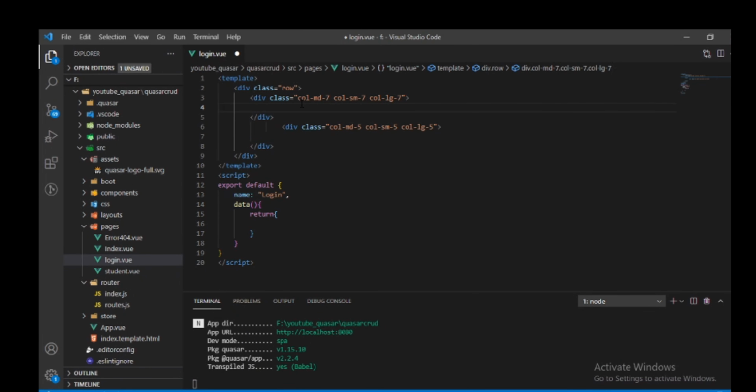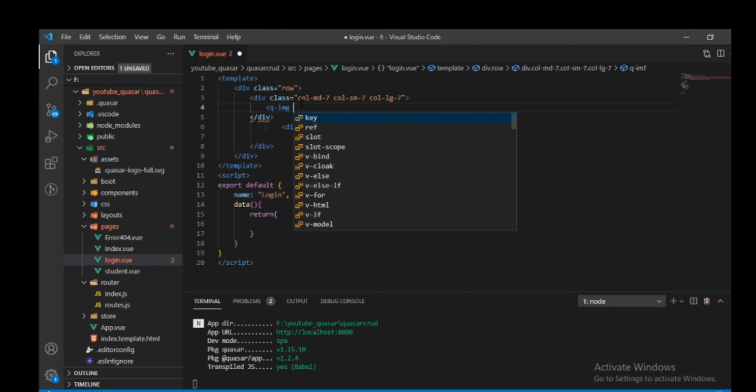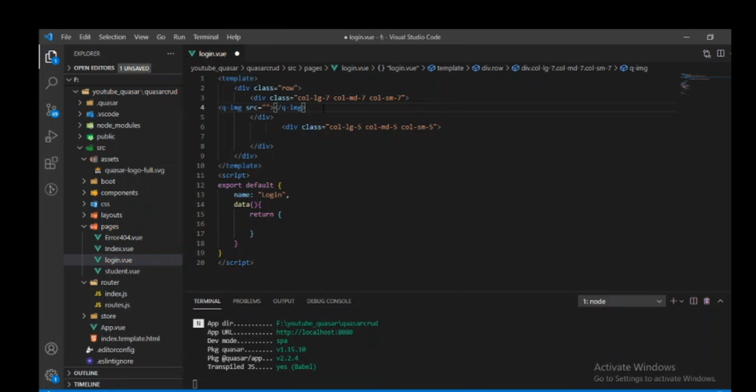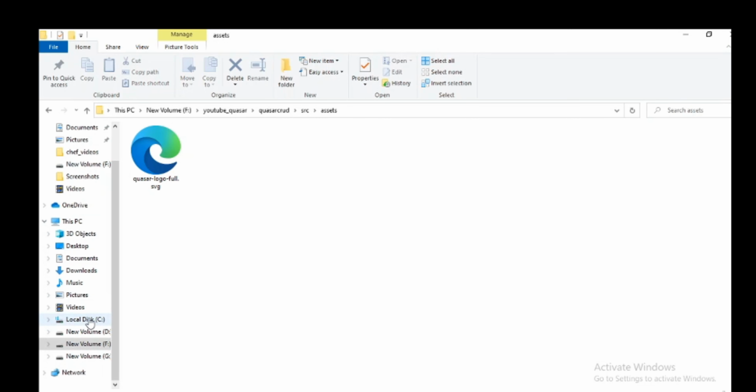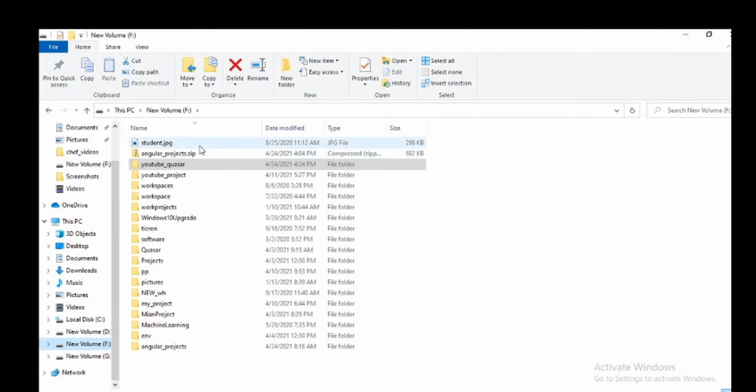So we will take one q-img with src. For that q-img we will require one image, so I have one image and I will use this.